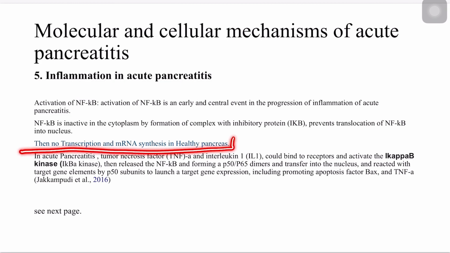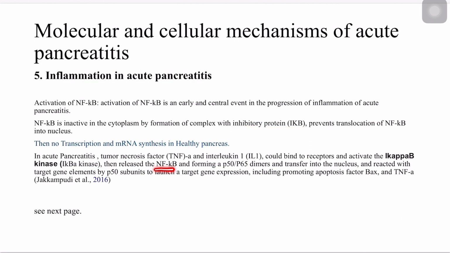It is very important. Okay. In acute pancreatitis, tumor necrosis factor alpha and interleukin 1 can bind to the receptor and activate I-kappa B kinase. It's very important. Then it can dissolve the inhibitor protein, and